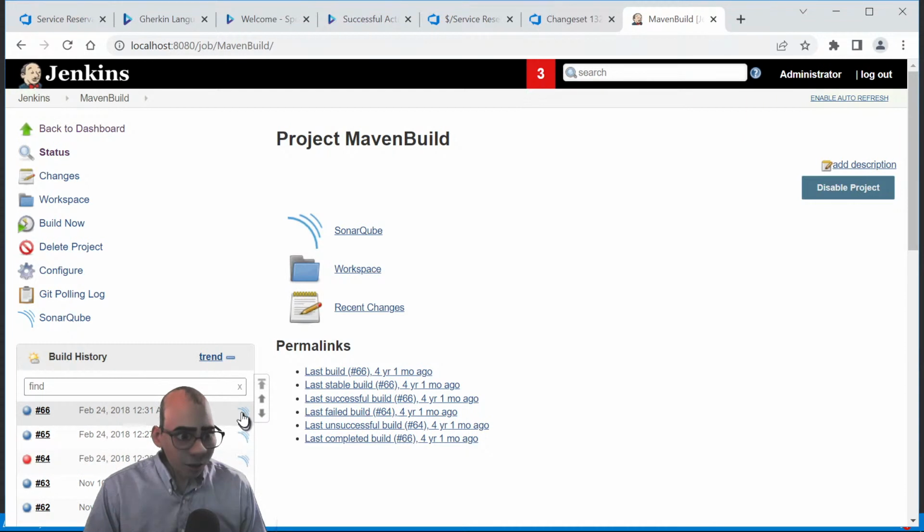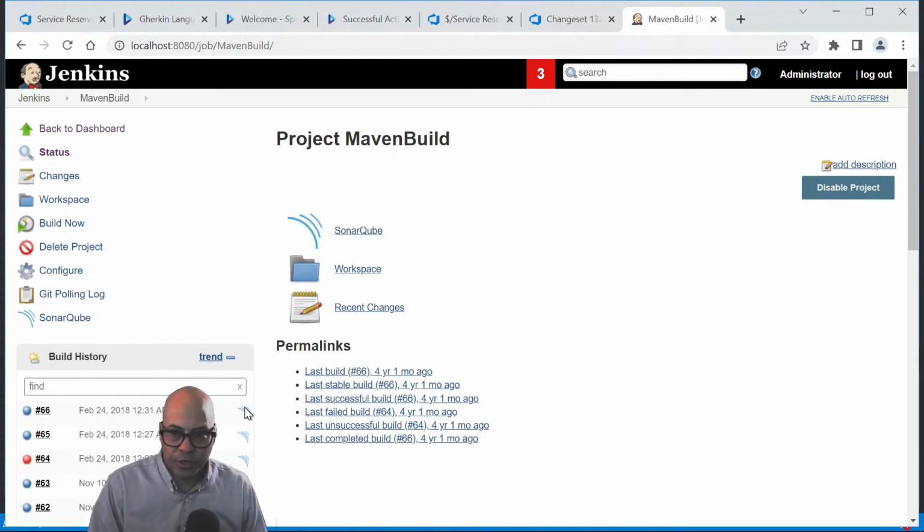Now you can see here this little sonar icon indicates that we have a sonar scan that's run here. That's what these little sonar bars mean.